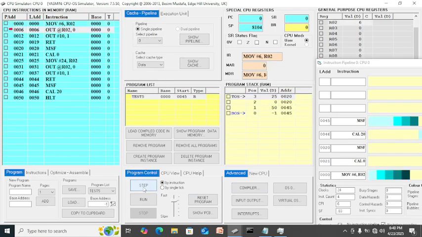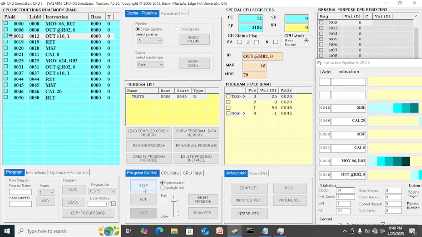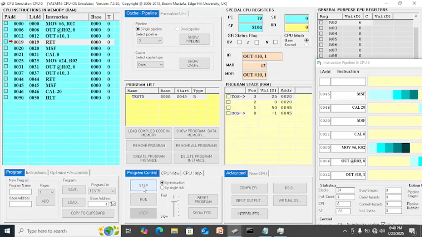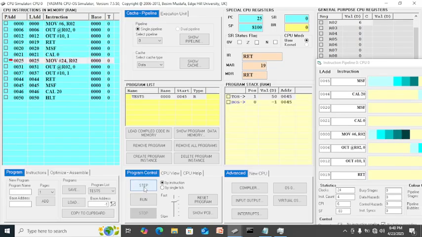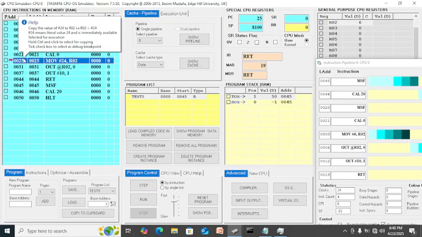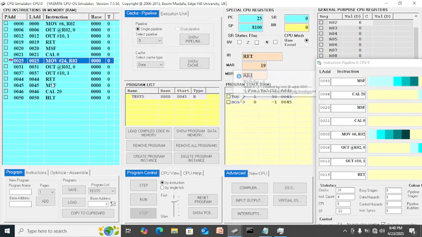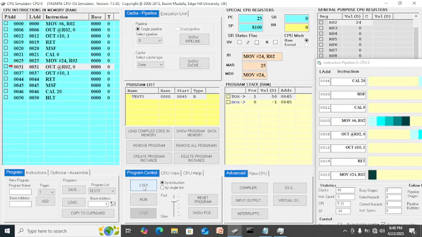Out, and return. After return, it will jump to 25. After return, it will go to 50, which is the halt. After out, R02 into console, so it is putting a value in our console.